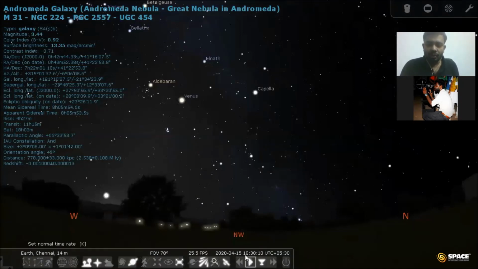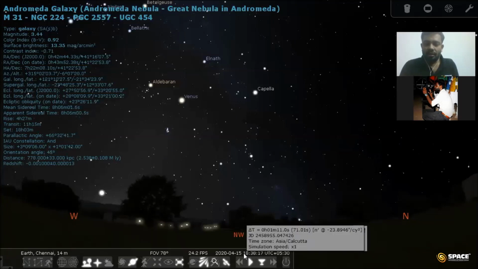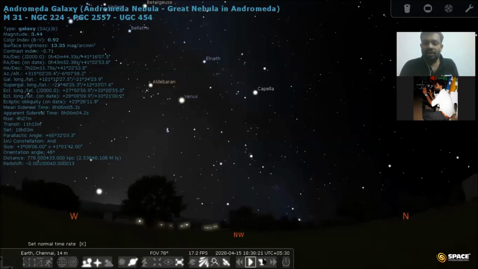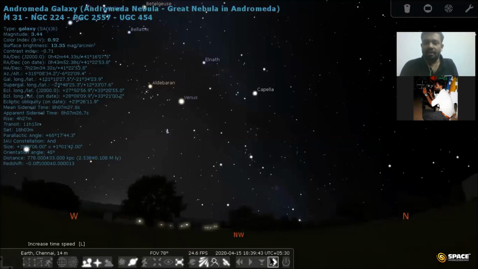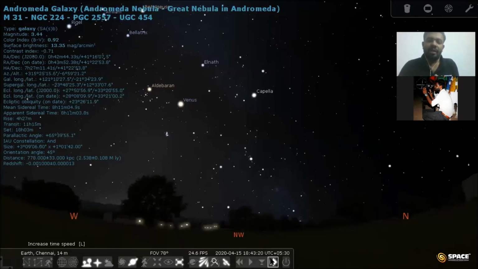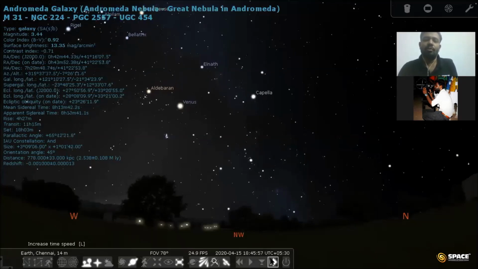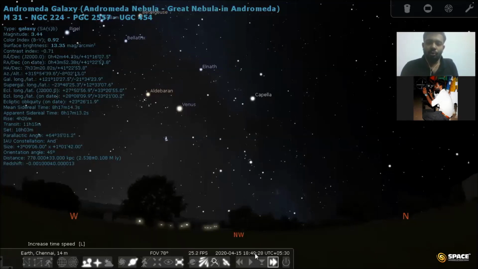So it is giving you the present time now. Present date, time, everything is shown here. So now the present time is displayed down here. So just forward this out. This is the fast forward option. You can press this 1 time, 2 times, and 3 times, and as many times as you want. Each time, it is just forwarding the time. Can you see the time is moving fast?